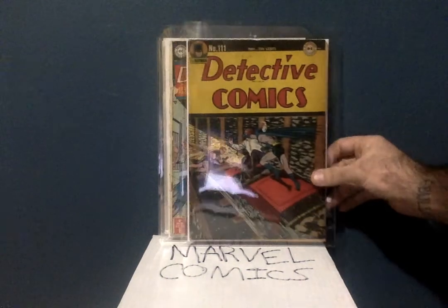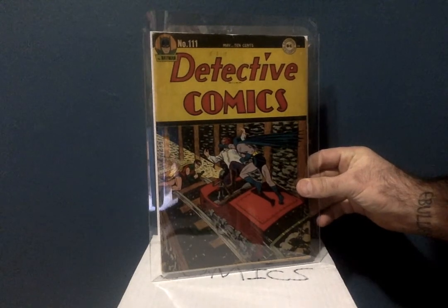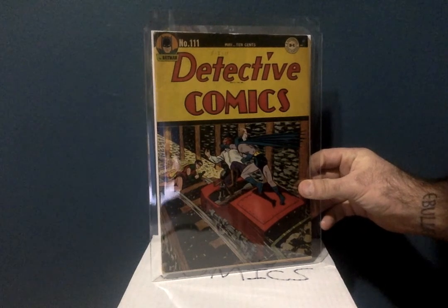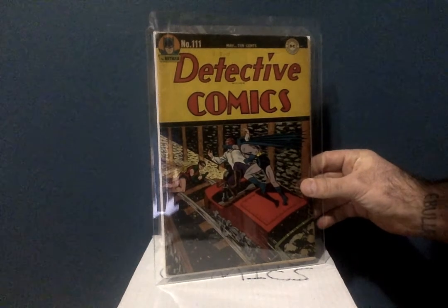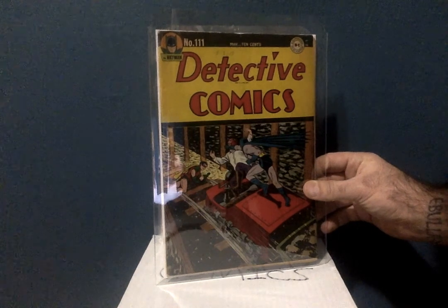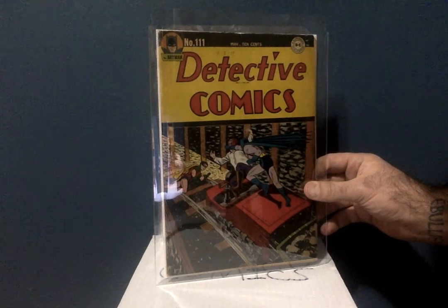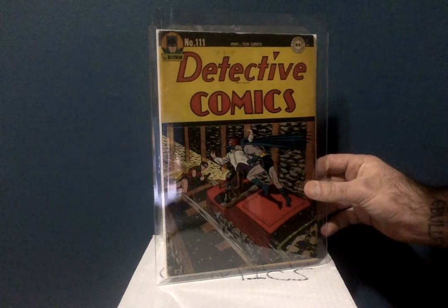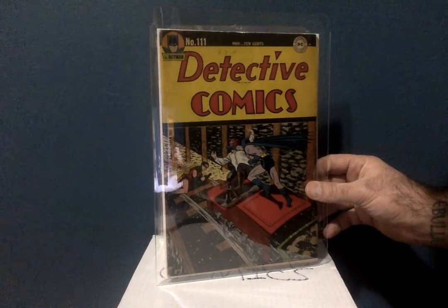I guess we all know who this is here. Very recognizable. I'm really happy to have this. This is Detective Comics 111, Golden Age Batman. It's Batman, but it's in the Golden Age era, and it's just so awesome. Created by Bob Kane and Bill Finger, we must add Bill Finger in there. Bob Kane pretty much took credit for many years, and then the comic book industry pretty much stepped in and said, well, it's a proven fact that Bob Kane and Bill Finger, but Bill Finger came up with